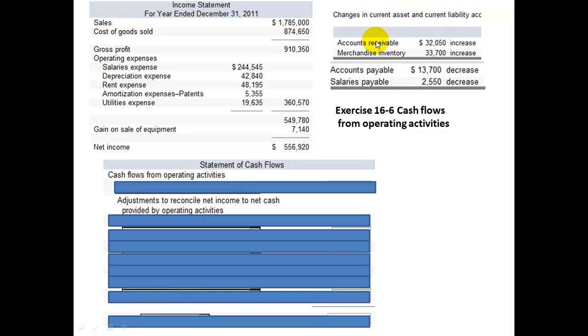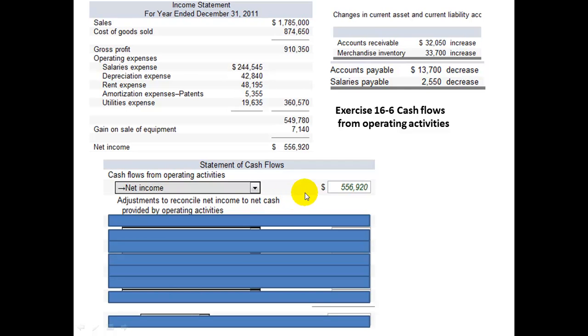And you can see the changes. We've got accounts receivable increased, merchandise inventory increased, accounts payable decreased, and salaries payable decreased. And what we're supposed to do is put together a cash flows from operating activities section of the statement. So we'll start with net income that was $556,920, and we'll make adjustments to this to get the true cash